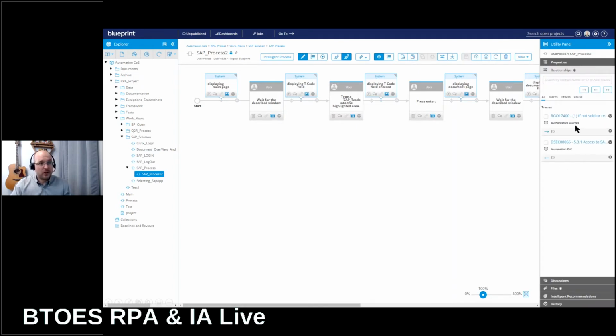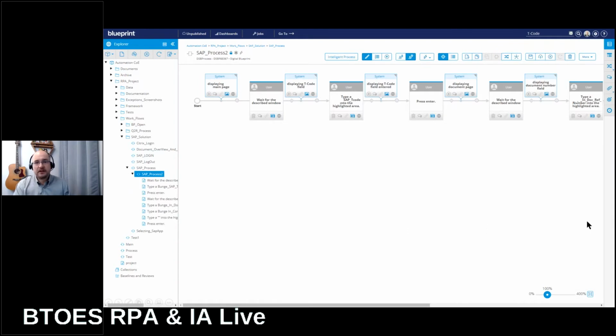And here specifically, if I go into the relationships tab, you can see that this process is now tied to those different dependencies, things like that regulation. You can also see the connection it has to any PDDs and things we've pulled in previously that we can pull in from documents. And finally, Blueprint can take this entire set of digital blueprints that we've improved,